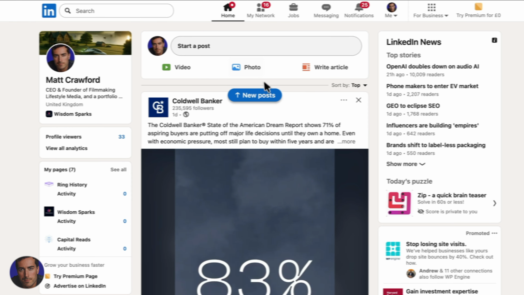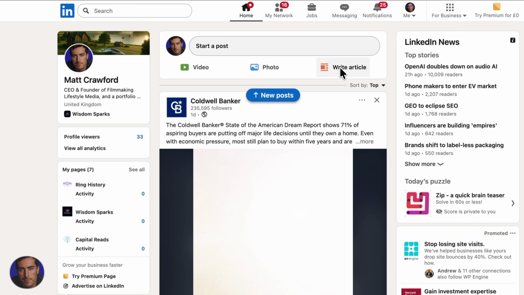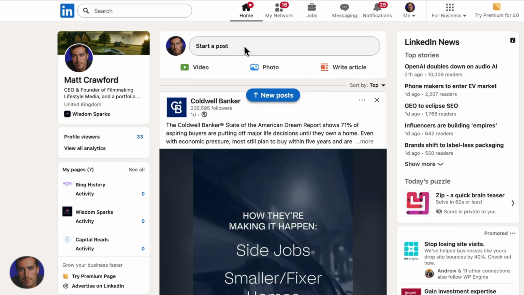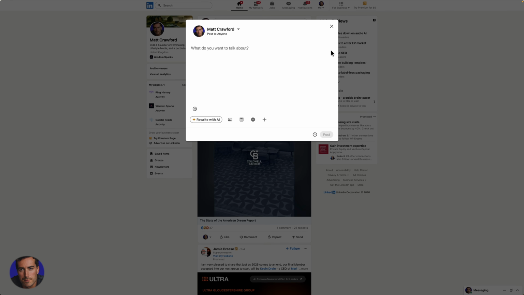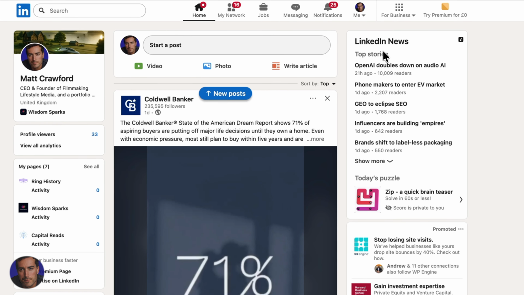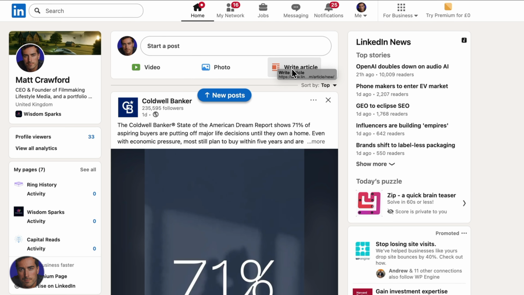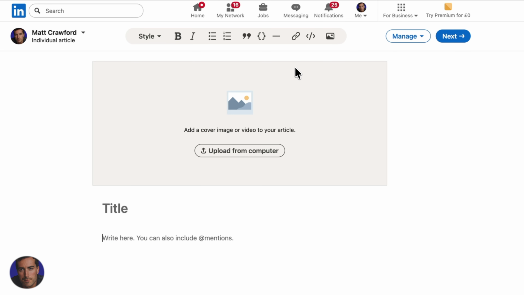As you can see back on the home screen, we do have this write article option now on LinkedIn. So this is a small post. There's not much in the way of formatting. We can't do bullet points and things like that. So this is just a very basic post. Now, if you want to write an article, we can click on write article right here, and now this new